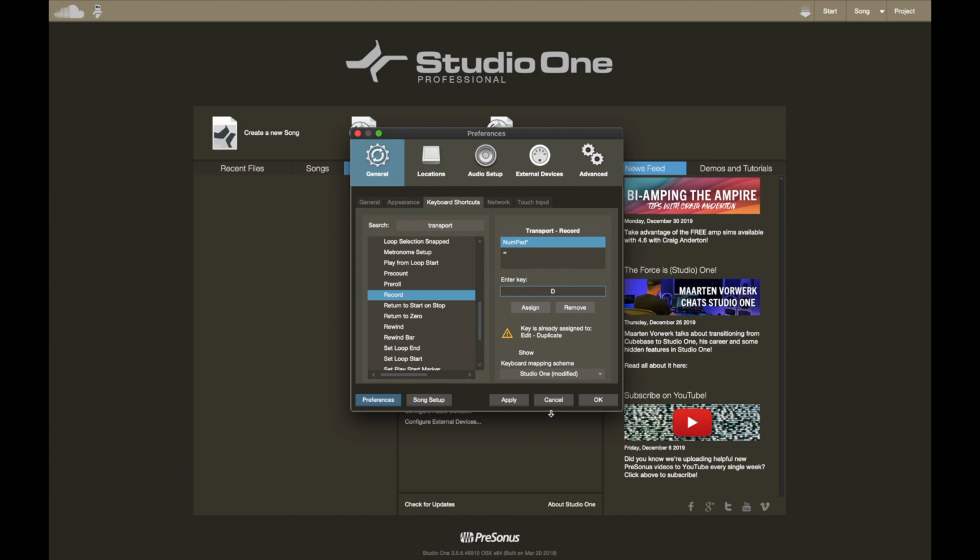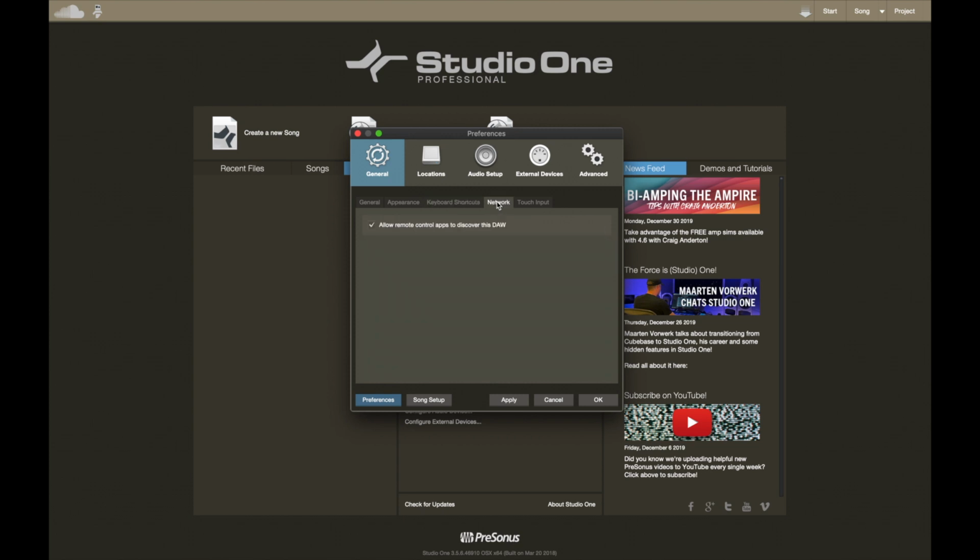And what that means is the second that I hit D, it would play and start recording for me, and then I wouldn't have to hit it with my mouse. Network, check that, because if you get an iPad one day, then you can control the DAW with it. Touch input, nobody really needs this,